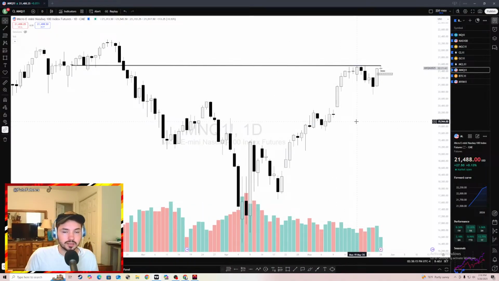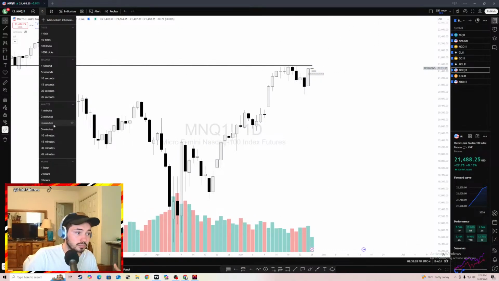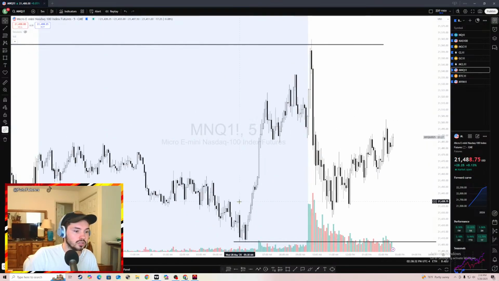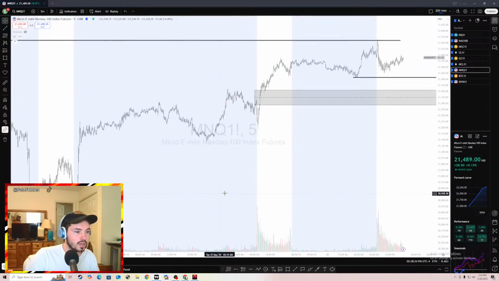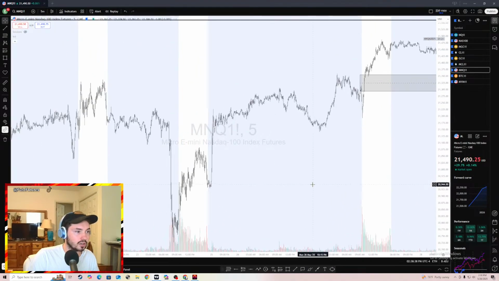I would not trade this, if you're using a support and resistance strategy, which I would never use personally. But using a support and resistance strategy, I would not sell here. I would be looking for the discounted area and then looking at support and resistance at a lower time frame, which we could do now. So let's say this is my discounted point.